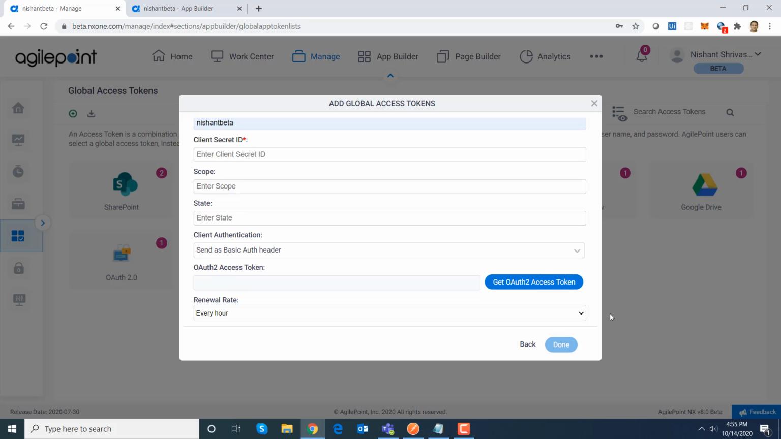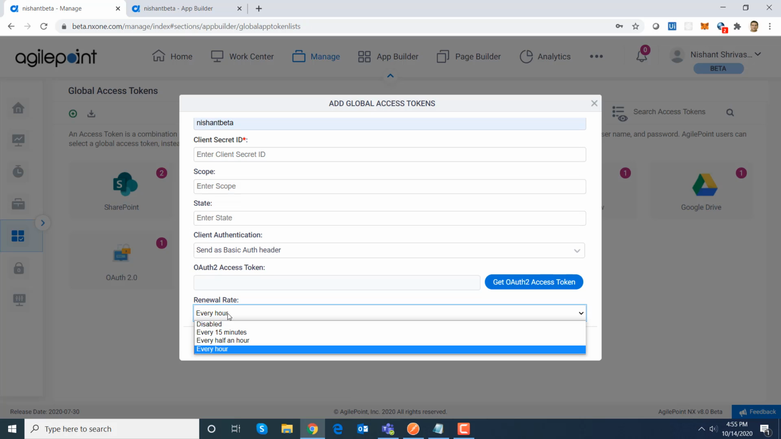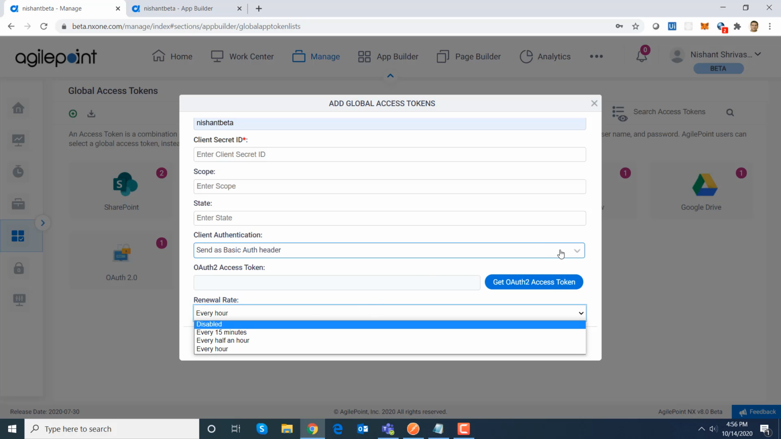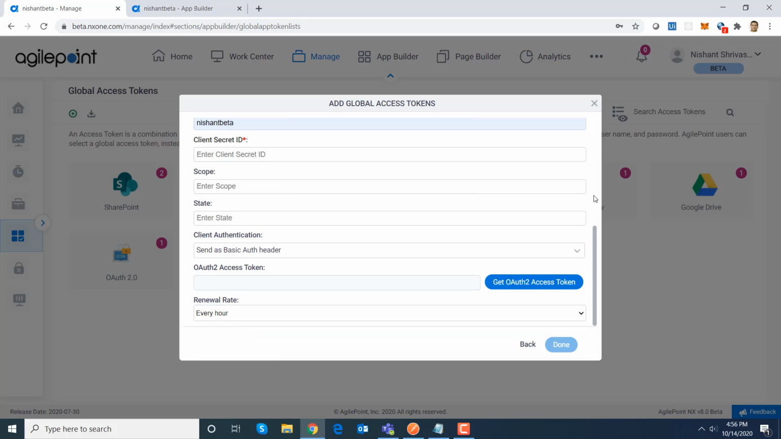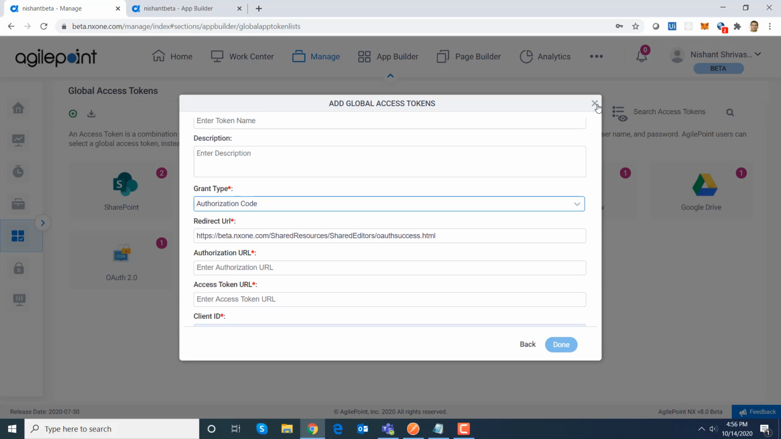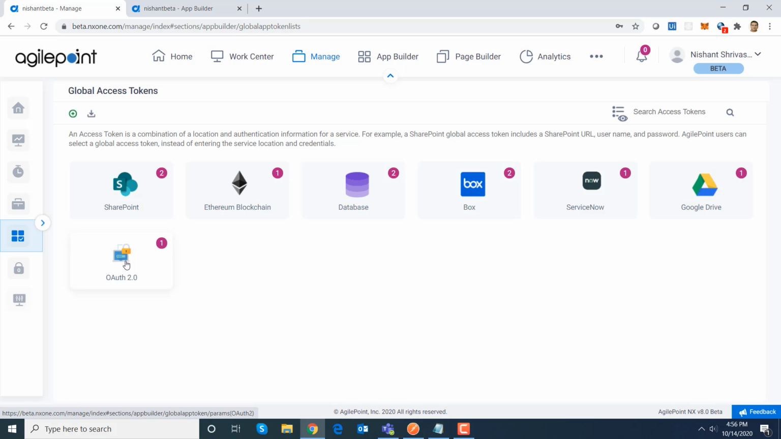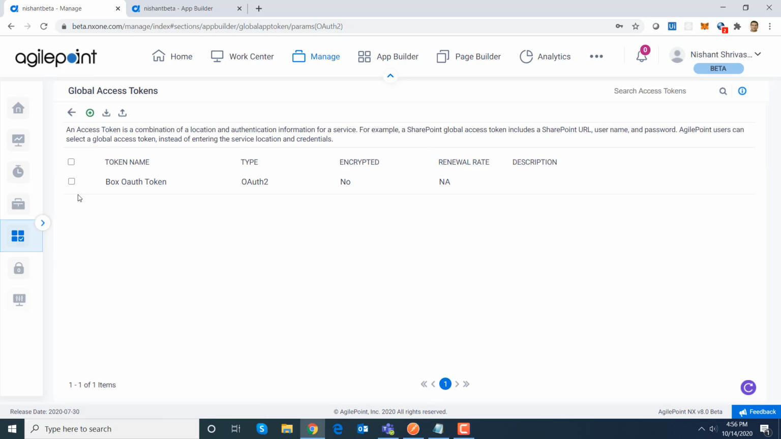What more is that you can also set up the renewal rate as well. So it automatically handles the token expiration. So you can set it according to your needs, whatever is there in the specification of that system. So let's take an example of one which I have already configured. This is for box.com, though AgilePoint does support a box.com token type already out of the box, so probably not the